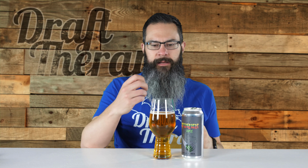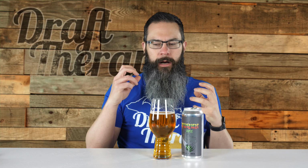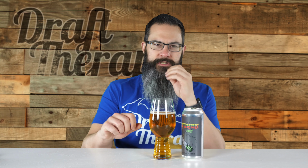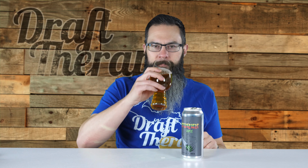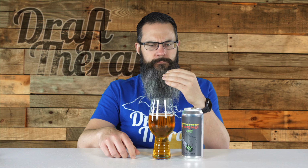So the first taste, when I pull it in, it has this bitter, hoppy, resinous quality to it right up front. So when you first take it in your mouth, you actually don't taste a whole lot. It's kind of like, oh, there's not a whole lot of taste to this. But as it sits in your mouth and as it evolves through the swallow, right? So when you start to have it pass over your tongue, it gets to that resinous quality to it,